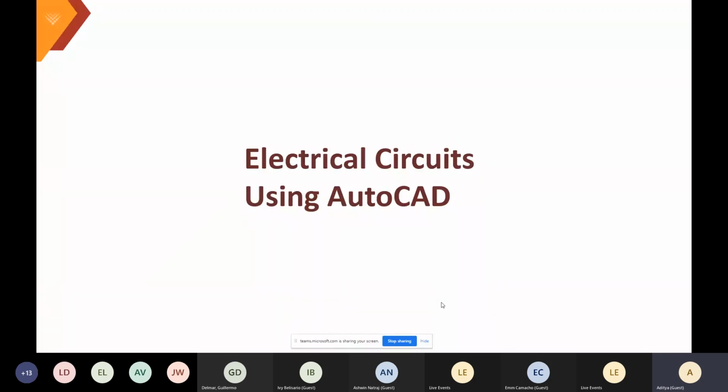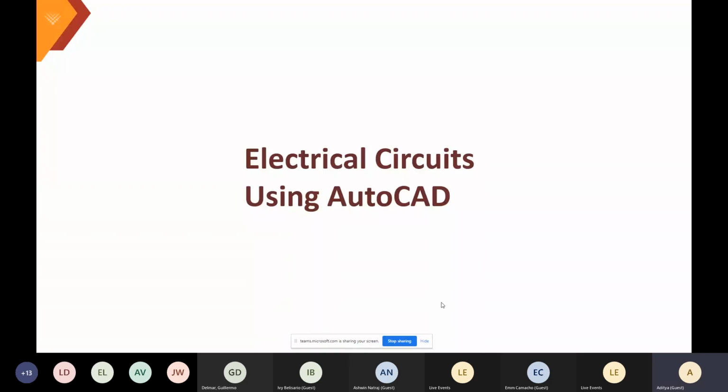depending upon your requirement. Similarly, in today's webinar we will discuss how we can utilize AutoCAD for electrical drawings. If you want to create some electrical circuits using AutoCAD, and then you want to apply some attributes and convert those into blocks.